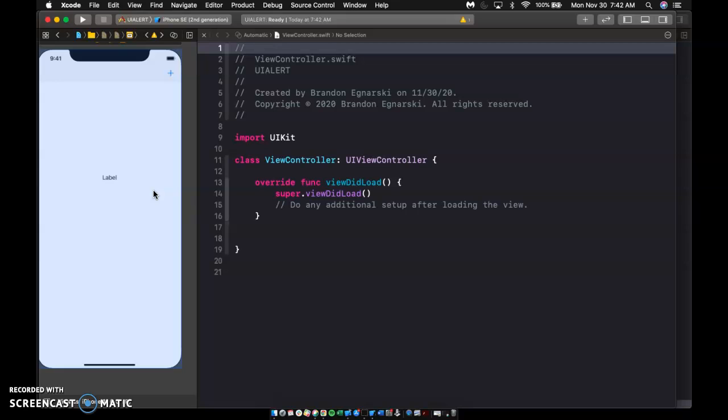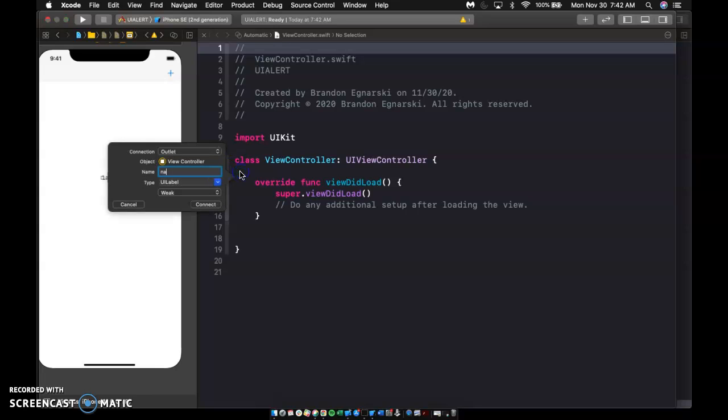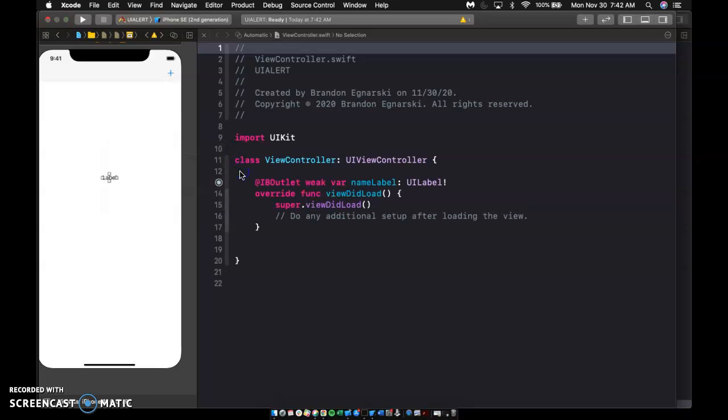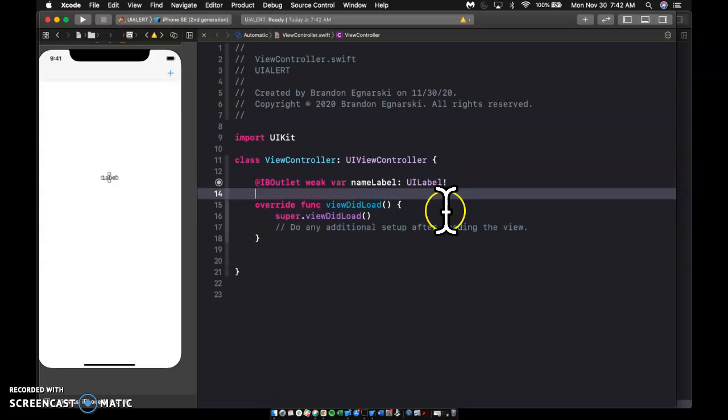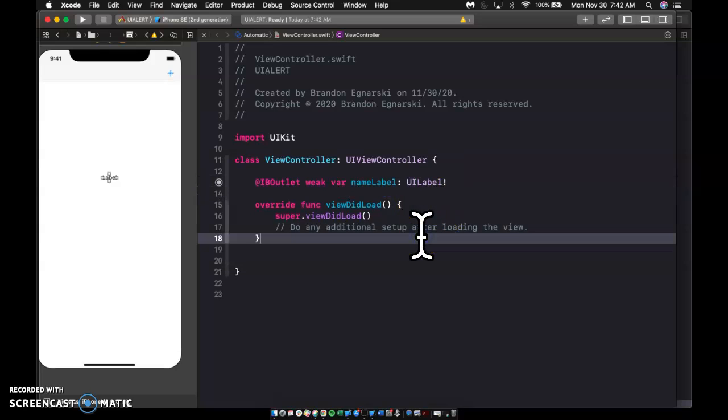So we're going to hook up our label as an outlet. I'm going to name this nameLabel. All right, and we're going to hook up our add button up here as,